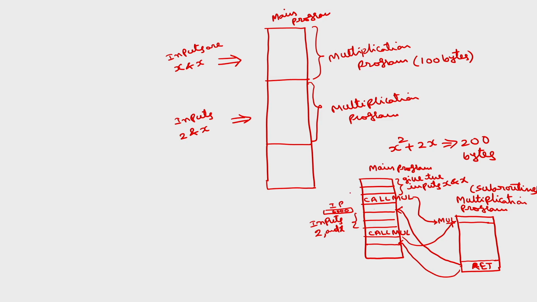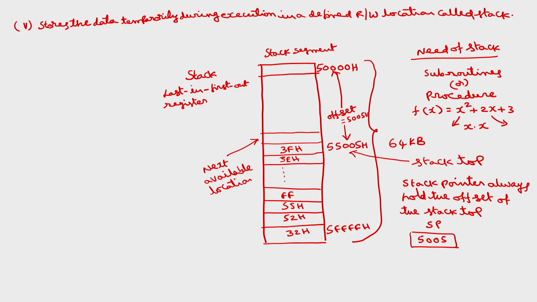So, whenever a call instruction is executed, whenever a subroutine is called in the main program, before you go for the subroutine, you have to store the contents of the instruction pointer in a temporary location called the stack. In order to store this IP contents in the stack, if I take the stack pointer from the previous slide and want to move this 6000, we can move these contents into the stack using the operation called push operation.